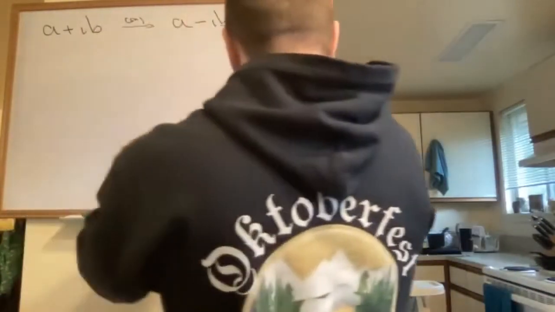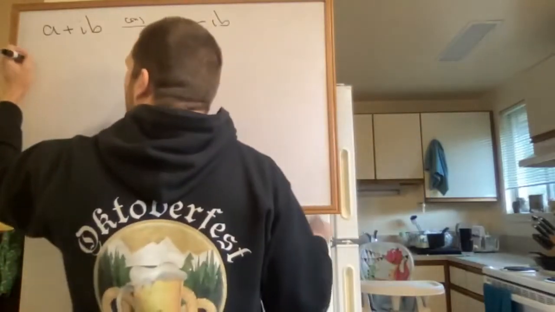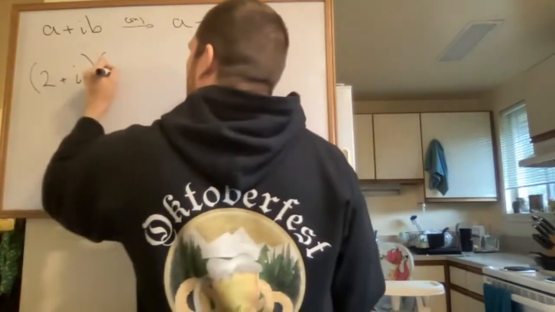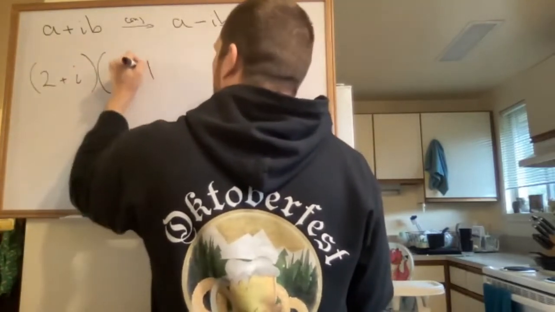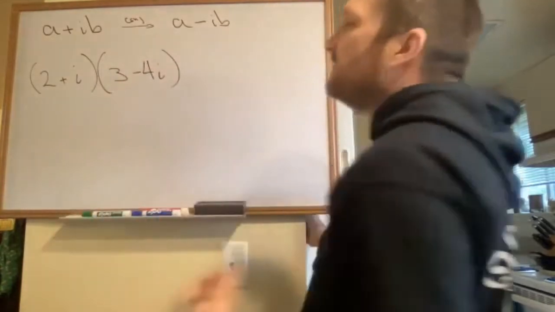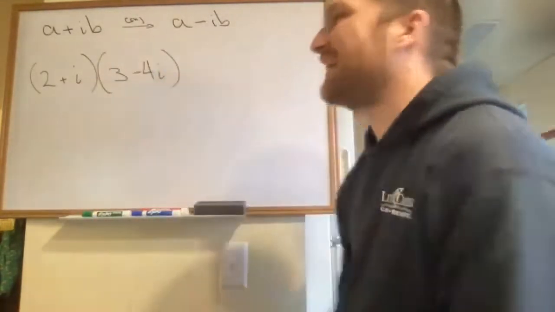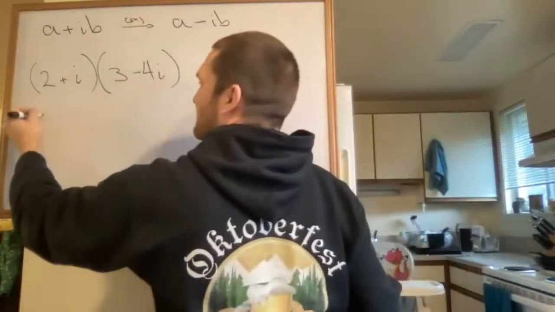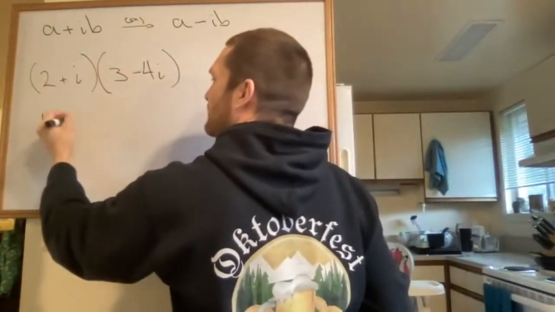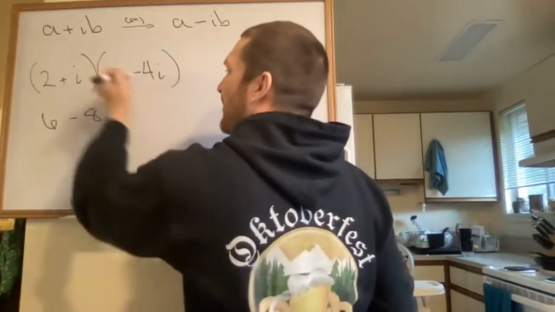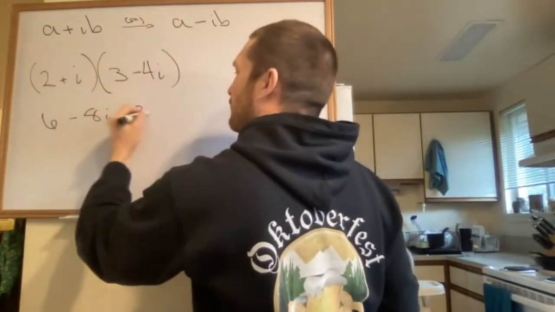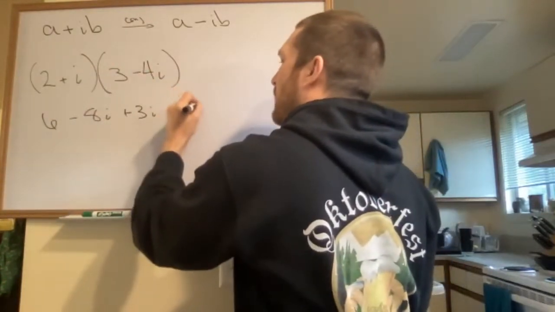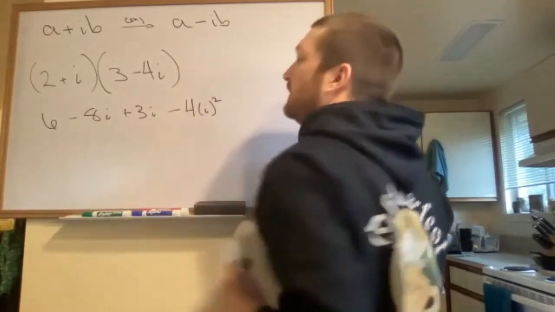I just kind of went along with it, but to multiply two complex numbers, we do it the same way we've done it anytime we've seen something like this. We go first, outer, inner, last. In this case, our first gives us a 6. Our outside gives us a minus 8i. Our inner gives us a plus 3i. And our last gives us a negative 4i squared,